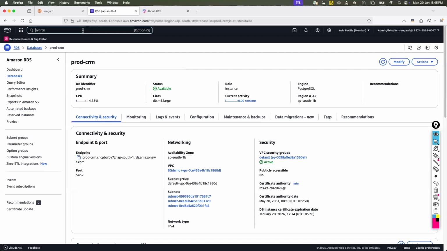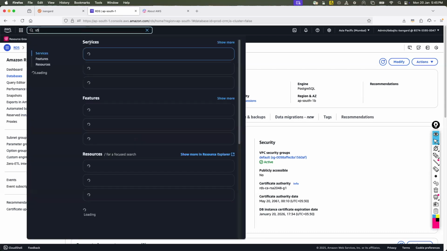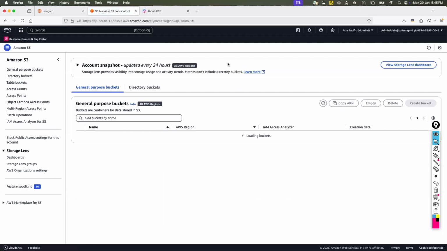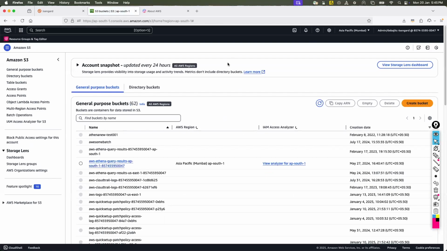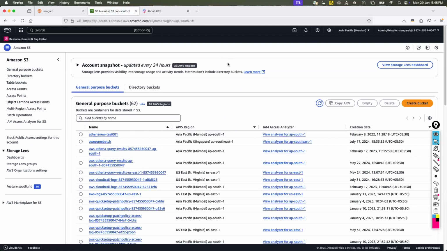Let me go to S3 now. And I think many people, even if they don't know about AWS, have heard the term S3. Okay, this very popular guy. S3 stands for Simple Storage Service, three S's, that's why S3. S3 is just a kind of alternative to, sorry, not Google Cloud, Google Drive.